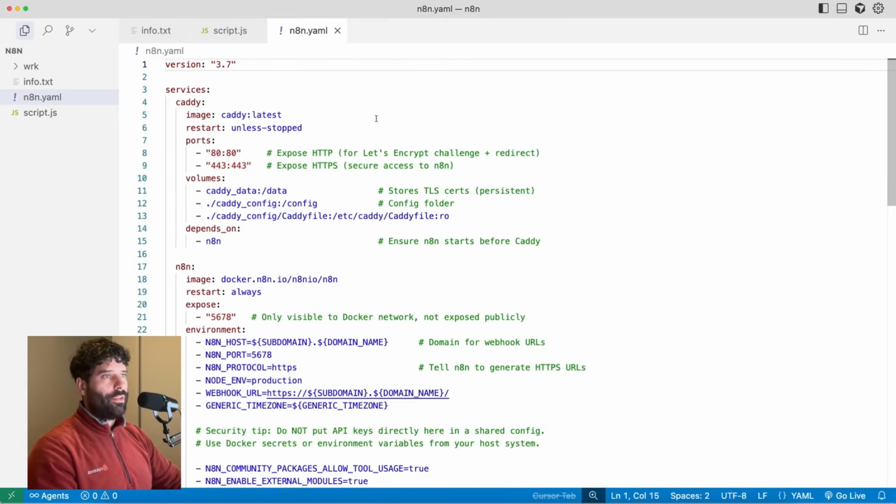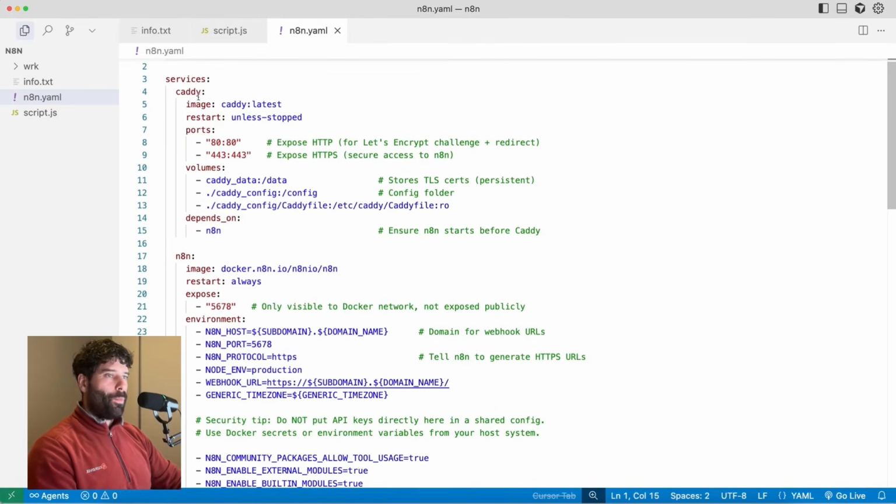So if you haven't deployed via Docker, your configuration file might be called something different. But at a high level, you can just take screenshots of this, or I'm going to post this file within my school community. You can take screenshots, upload it into your ChatGPT, put up your existing YAML file, explain what you want to change, and just say, hey, can you show me how I would adjust my own file to reflect these